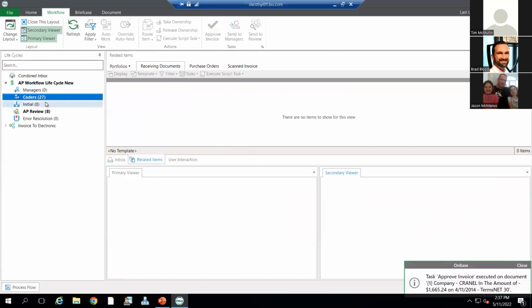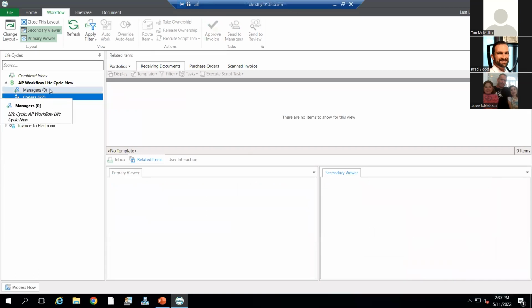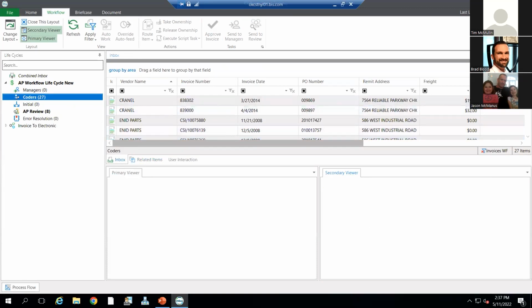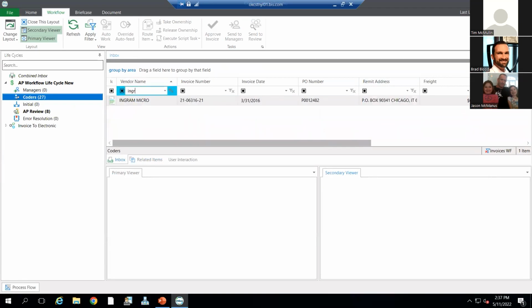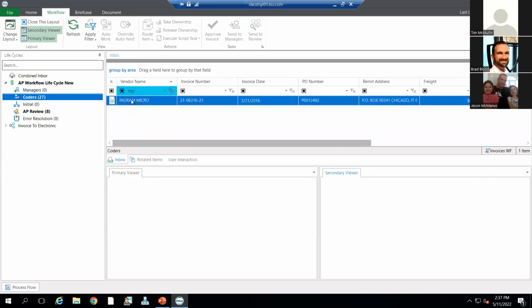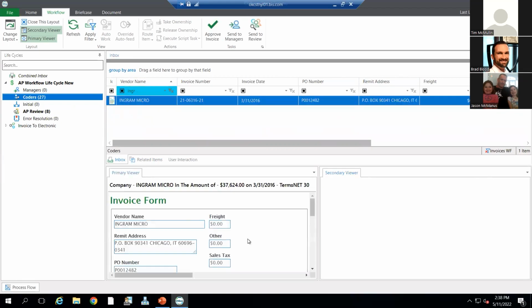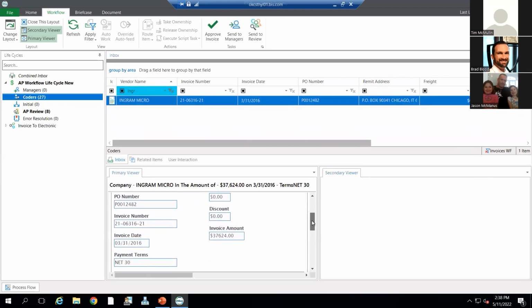And you'll notice that we go from 28 items in the coder bucket, and we're still at 0 in managers because that one was under $10,000. So let's go find one that's above $10,000. We go back to our invoices and I go to vendor name, and you can filter through these things any way you want. So instead of scrolling through and looking for it, I'm just going to type in Ingram because I know I've got one out there for Ingram Micro. If I pull it up, scroll down, look at it,